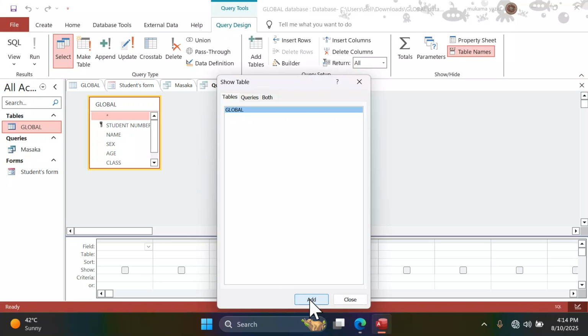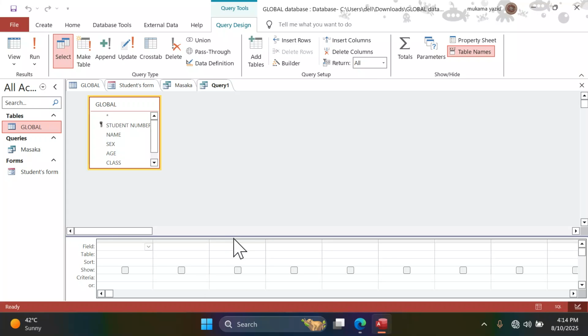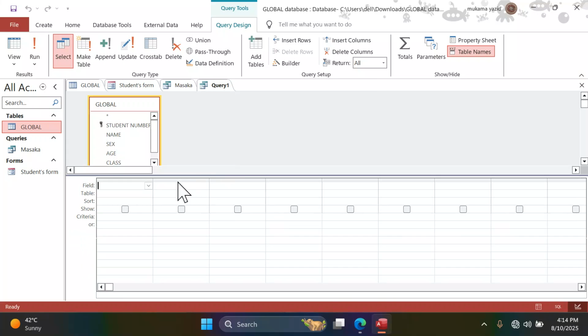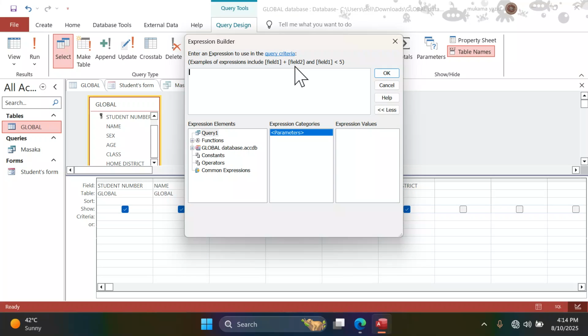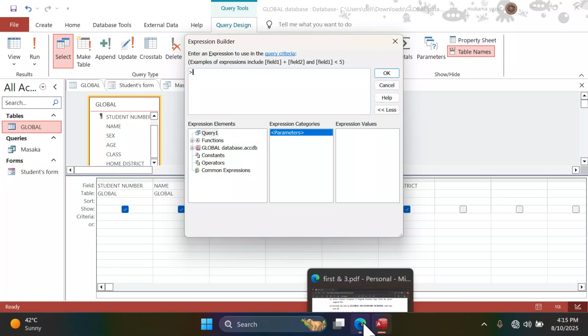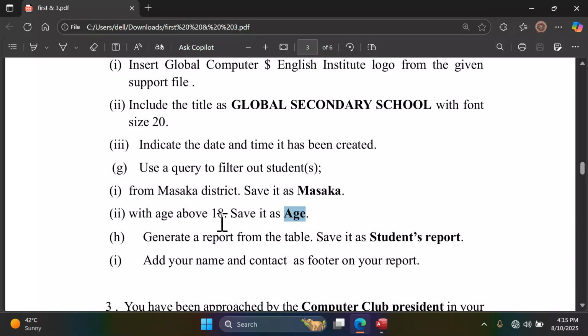We add this table, we close, then we select everything, we drag and put here. So under age, we come under criteria. Under criteria we write, or we can use builder to get a bigger space. Then we just write greater than 18, because they said age above